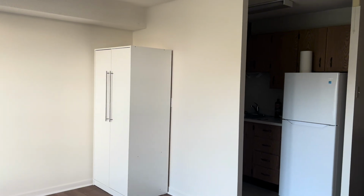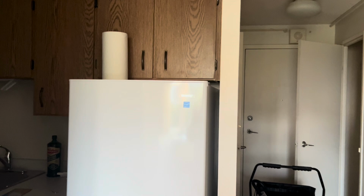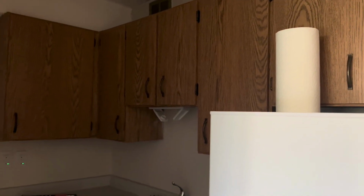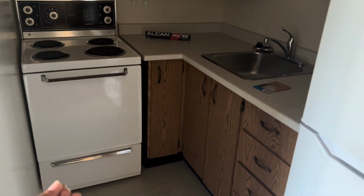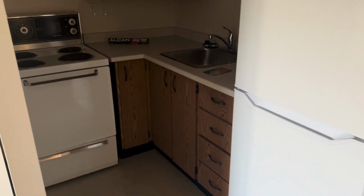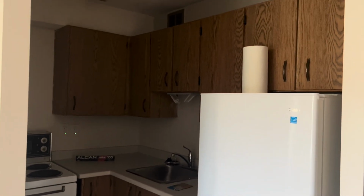A little concerned only because in this one, unlike mine, it's already white, so I don't have to worry about anything. But these ones, you've got the brown on the outer part of it as well. So it's going to take a little bit more work, and two of us can't work in the kitchen at the same time. Listen, y'all, I was making lunch for us, and I had to open the oven, and I couldn't open the oven because my mom was opening the fridge. We were just literally in each other's way. It's definitely a one-person kitchen, but we could take turns, we could take shifts, when we're doing the